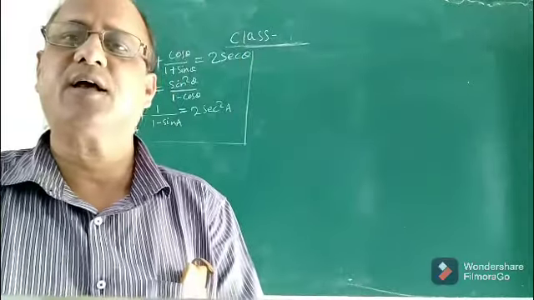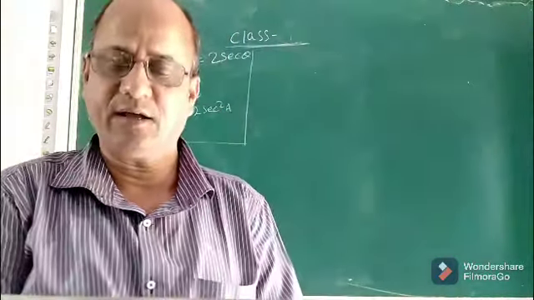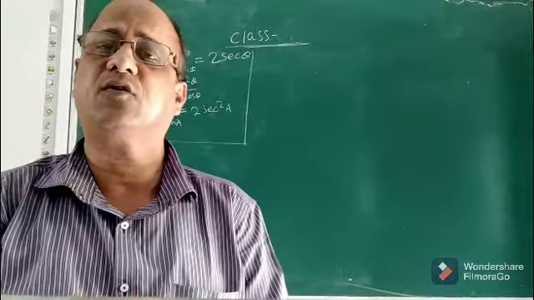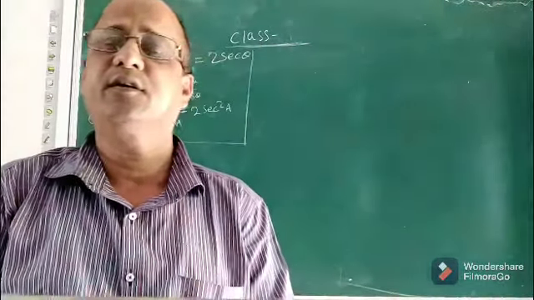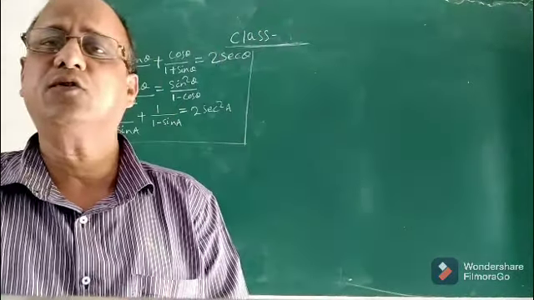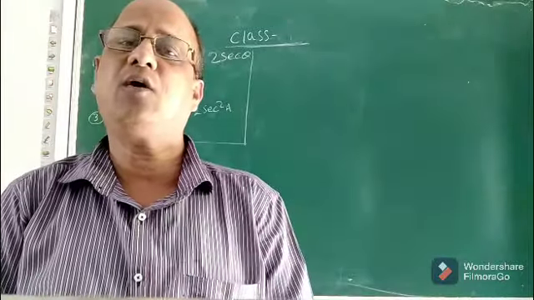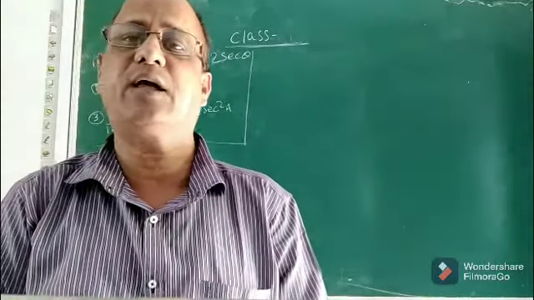Children, in the previous class we completed trigonometric identities, and in that connection I discussed all the trigonometric identities given in your book as per the CBSE syllabus. I also told you the methods of proving a trigonometric identity. So, what are the three methods I told you that day?